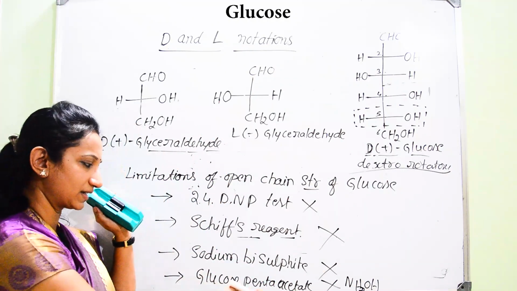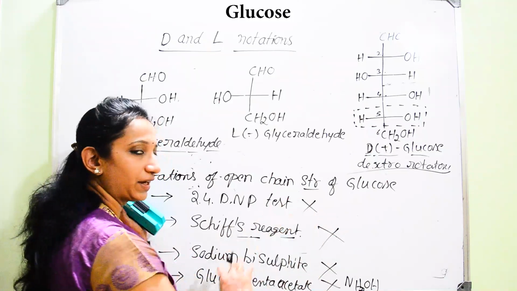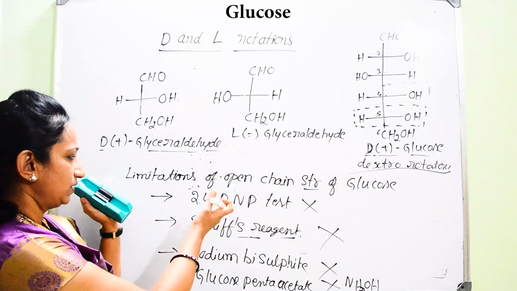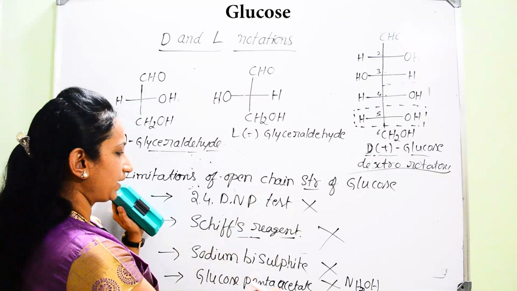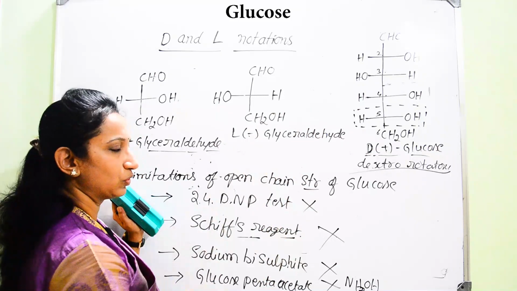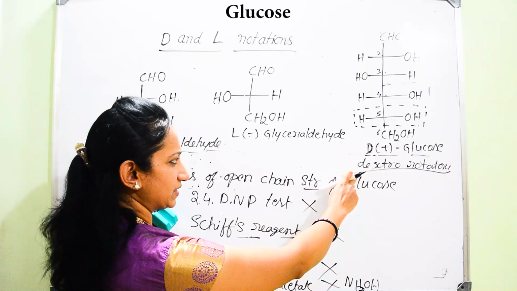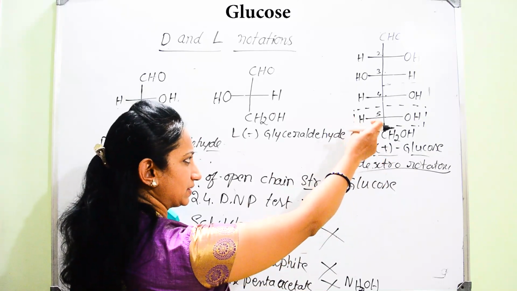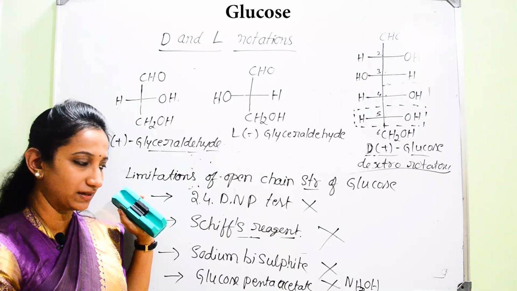You will not get oxime formation on interaction of glucose pentaacetate with NH2OH. So these reagents indicate that there is no interaction with glucose. Then later we will consider that he will say only the open chain structure of glucose